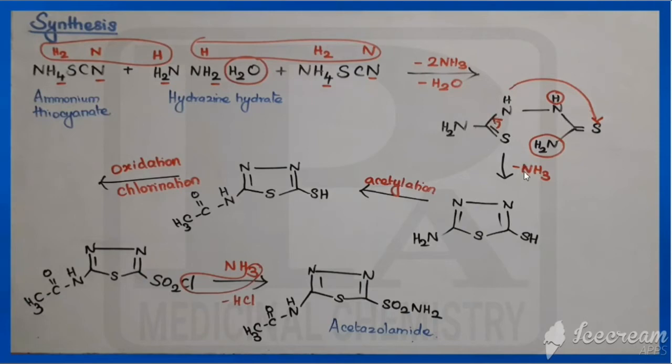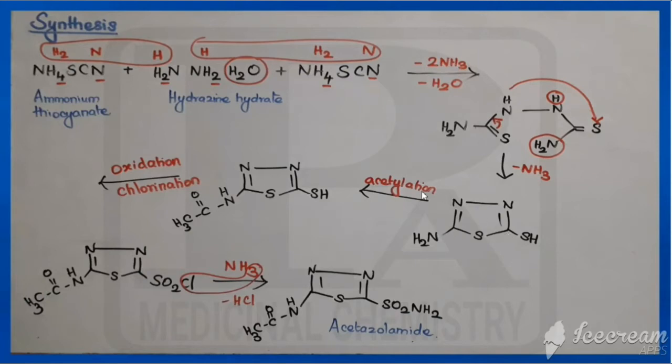Then there may be removal of one molecule of ammonia. How would the ammonia be removed? Here NH2 and 1 H would be removed as ammonia, and here we are having one more H that is combined with sulfur. Because of that, this bond is shifted from here to here. Actually the bond is between carbon and sulfur, so that is shifted from carbon and sulfur to carbon and nitrogen. Similarly this bond also would be moving, so we got this ring. So what is the name of the ring? 1,3,4 thiadiazole, and that is having NH2 here and SH here.